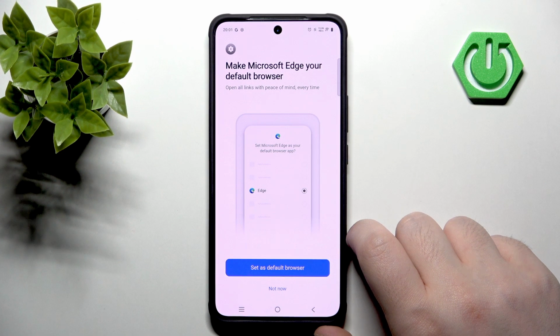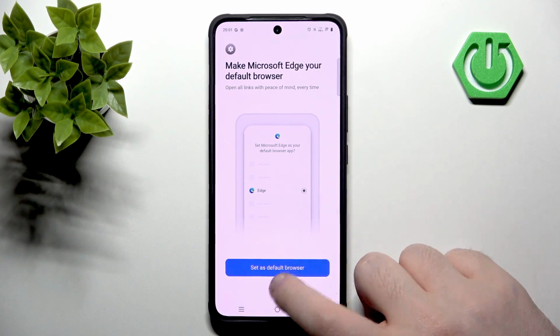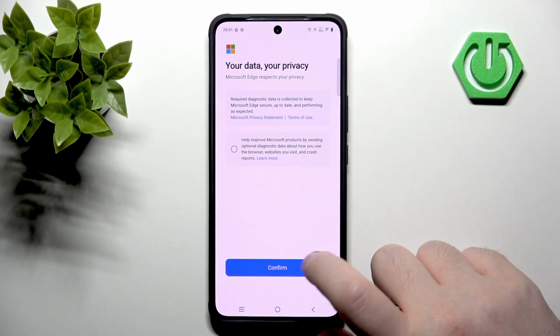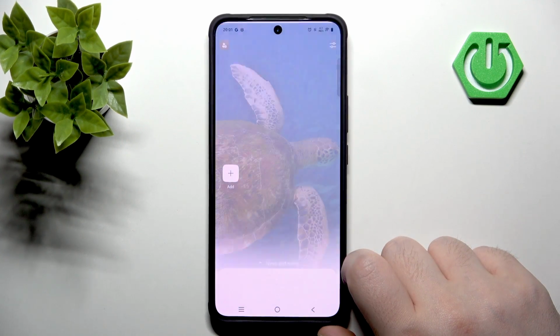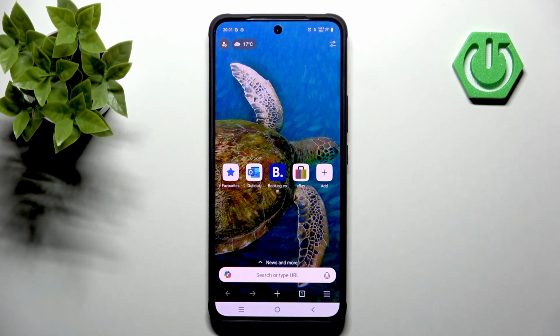And now you can set this browser as a default browser, or you can click not now. And now you have to confirm your data and privacy settings. And as you can see, my Microsoft Edge browser is now installed and is ready to use, so that's it